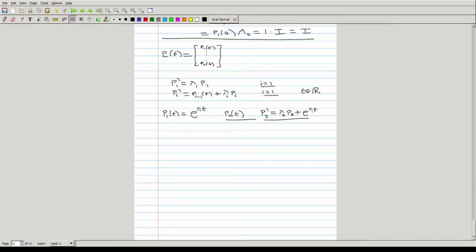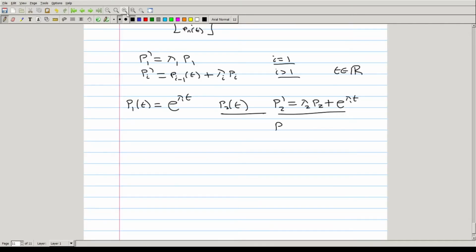And this is a linear single ODE for p2 that is linear, constant coefficient, and inhomogeneous. So using the variation of constants formula, we can solve p2, and p2 of t will be equal to e to the lambda 1 t minus e to the lambda 2 t over lambda 2 minus lambda 1, in the case of distinct eigenvalues,